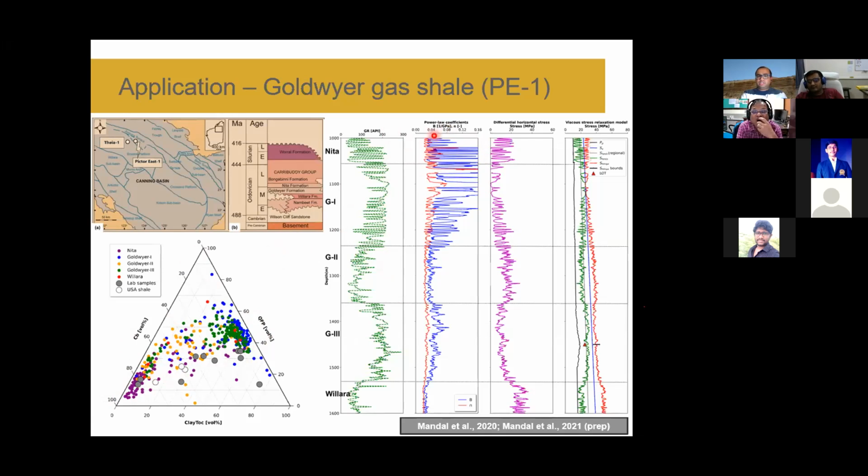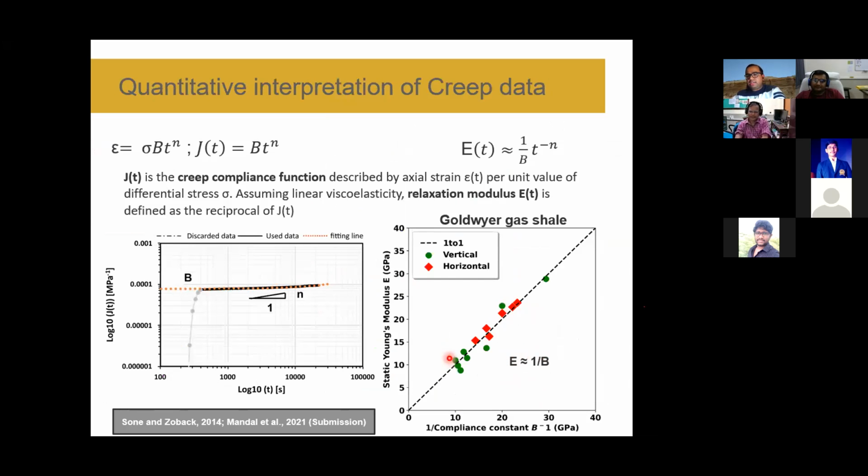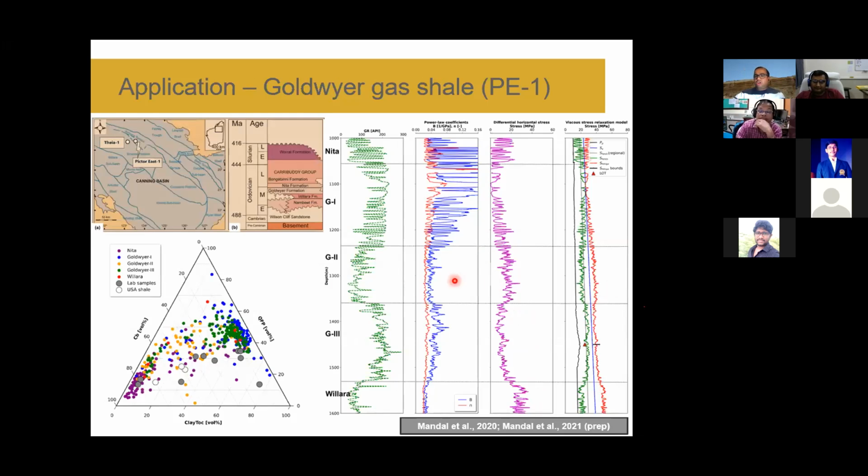The second area is B and N. B is the elastic compliance, as I already showed in the previous slide, and the B parameter can be easily obtained from the static Young's modulus component. If you have sonic logs or cross-dipole sonic, you can easily compute B, and N comes from our established B and N relationship. So we compute B and N from the lab, and then we establish a relationship between B and N to build the N profile.